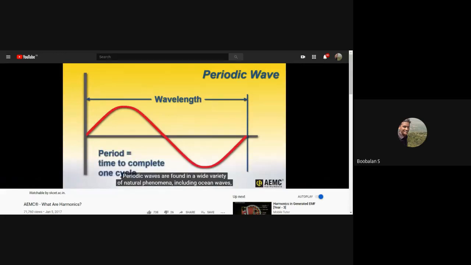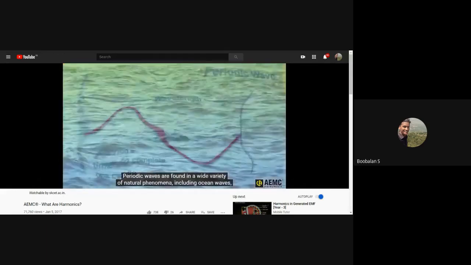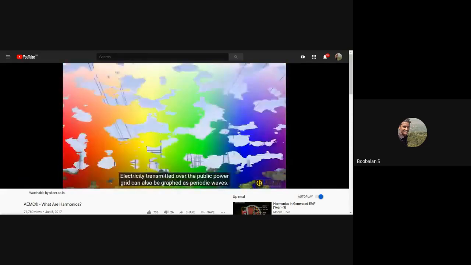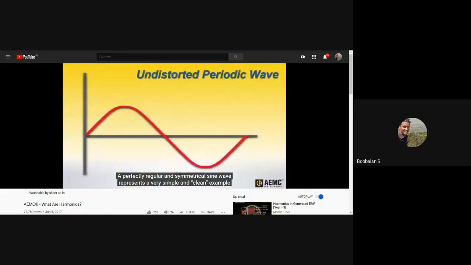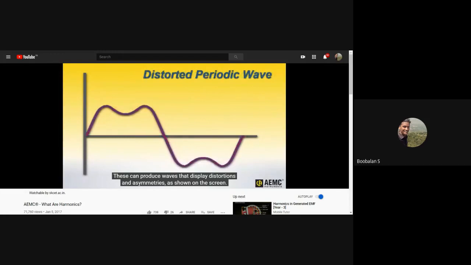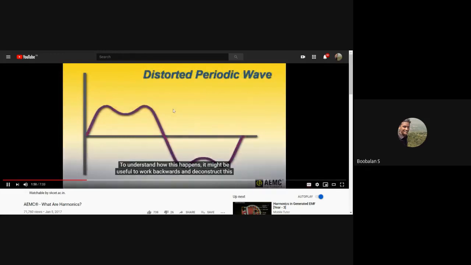Periodic waves are found in a wide variety of natural phenomena, including ocean waves, sound, and light. Electricity transmitted over the public power grid can also be graphed as periodic waves. A perfectly regular and symmetrical sine wave represents a very simple and clean example of a periodic wave. In the real world, however, periodic waves are subject to numerous influences that can affect their shapes. These can produce waves that display distortions and asymmetries, as shown on the screen. To understand how this happens, it might